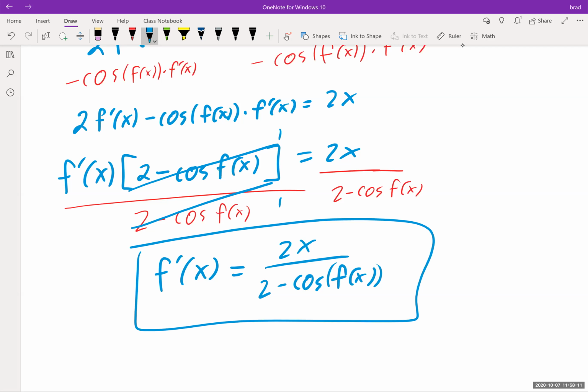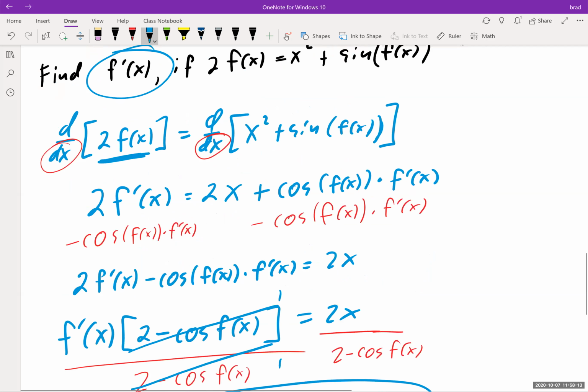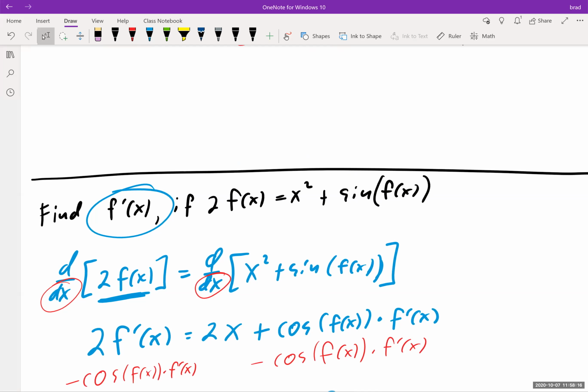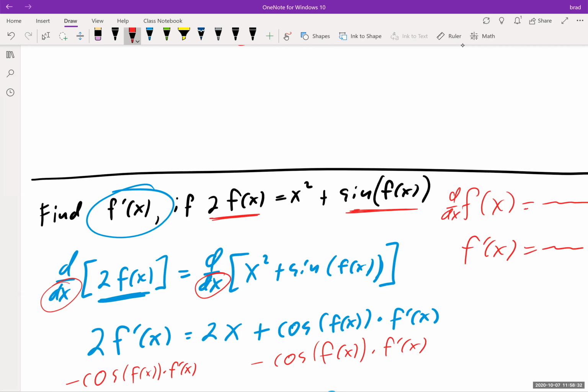So notice what I did was I solved for f prime of x. But now notice the reason I needed implicit differentiation, I kind of jumped the gun on this, I should have explained it, is I need to get f of x alone. Because if I have f of x alone, then I can just ddx it and I'll get f prime of x, right? And then whatever's over here will be my answer, okay? But the problem is I cannot get this f of x out of the sine function